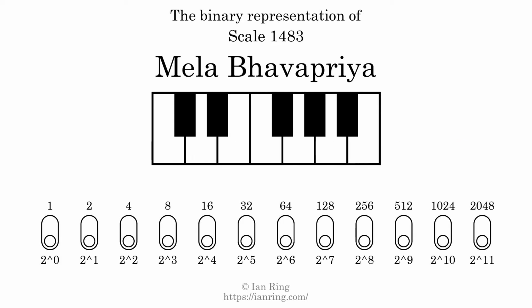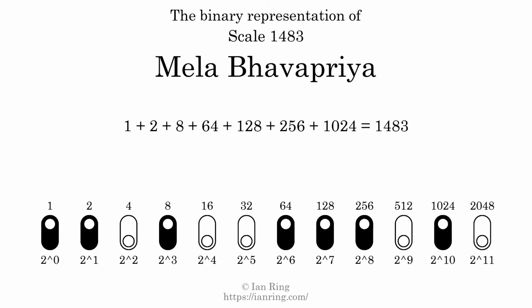The binary representation of this scale is determined by mapping tones of the scale to binary digits. Each binary digit represents a power of 2. To get the scale number, we add the powers of 2 together. The powers of 2 that are present in the scale, all added together, equals 1483. That is why the scale number, in decimal, is